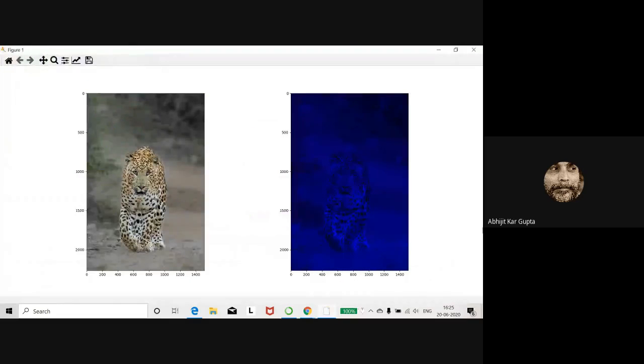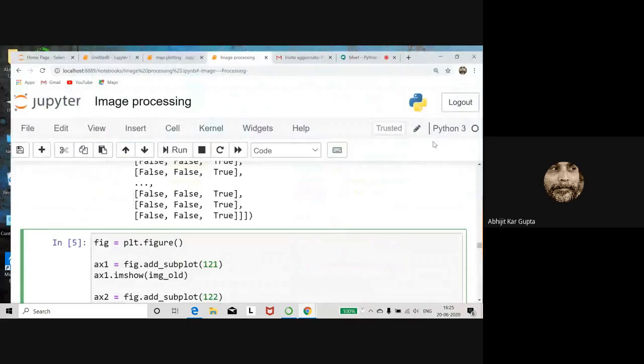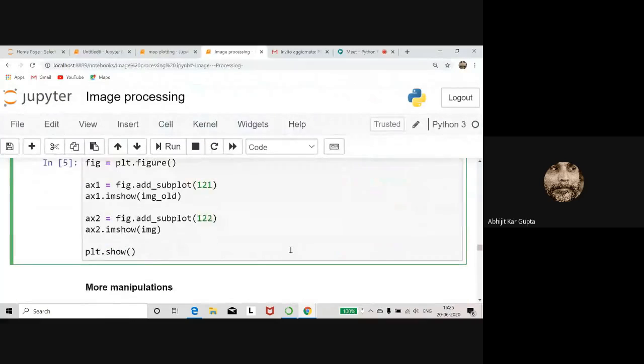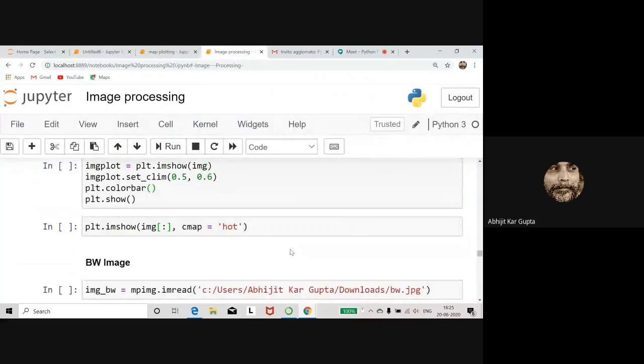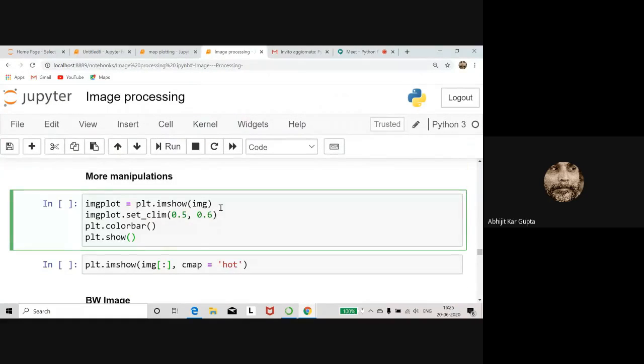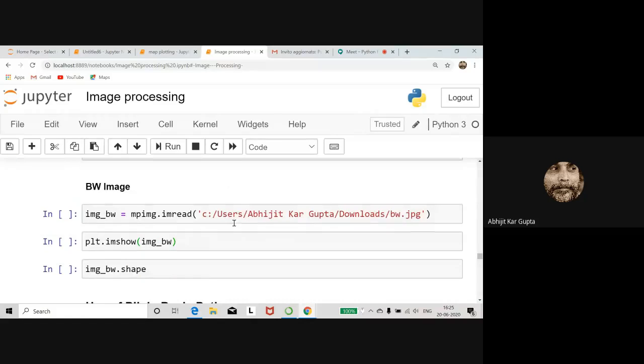Yeah, Kishore will kill me because this is his image, and this is what is left. The blue is left. So this is the manipulation at best I could do. Okay, so this is the thing. And next, very little I have to talk about. More manipulations you can do, I would show them.